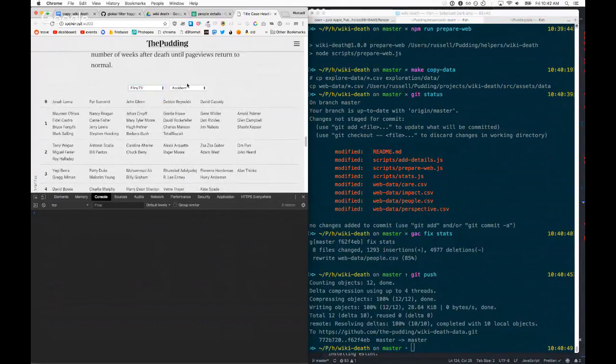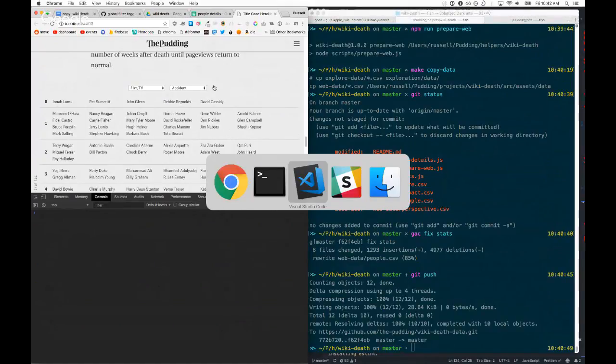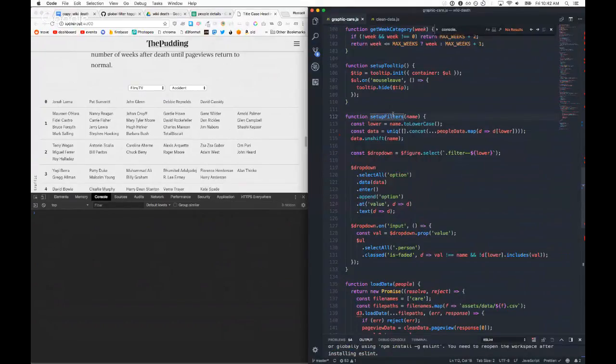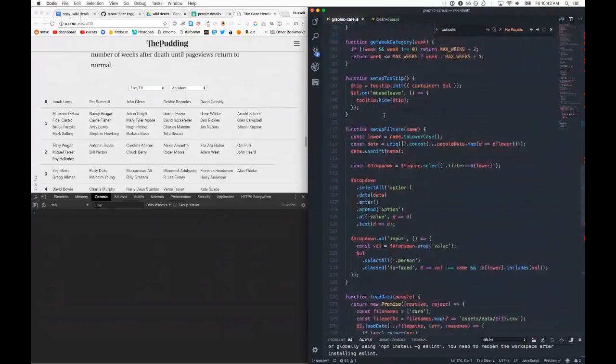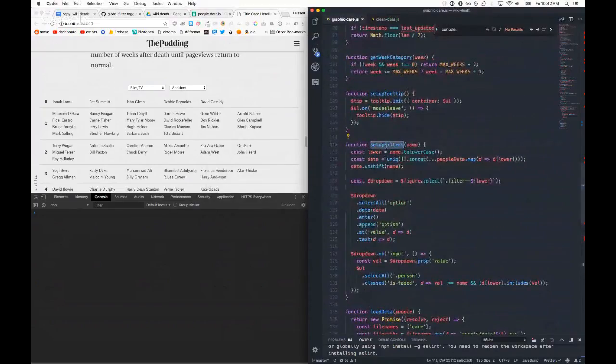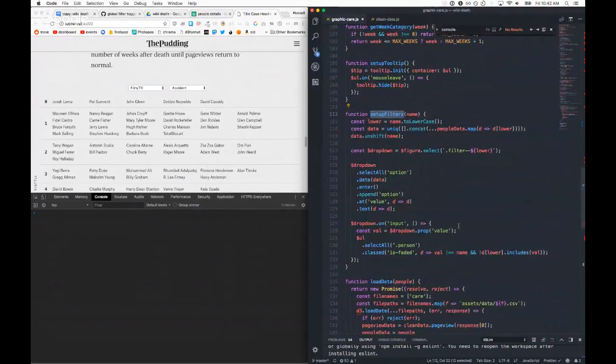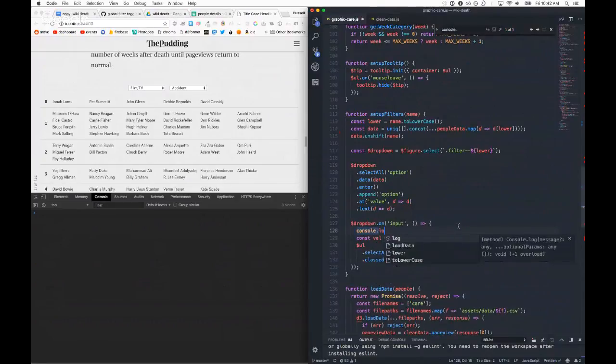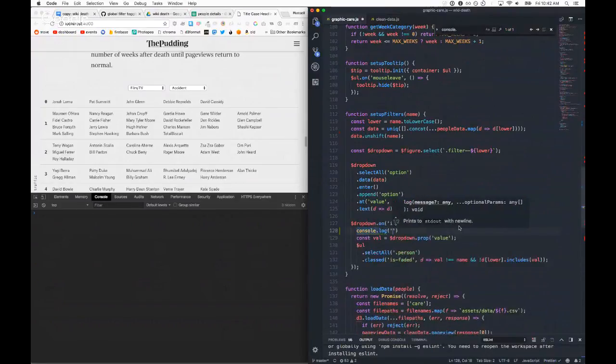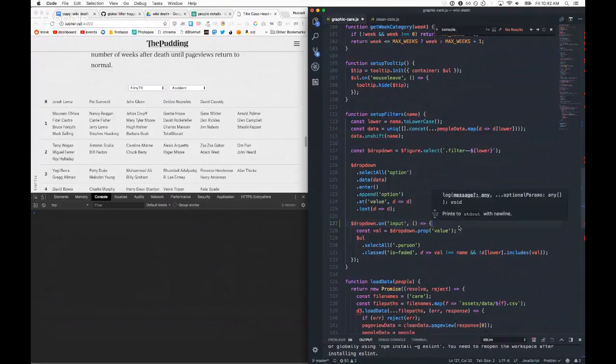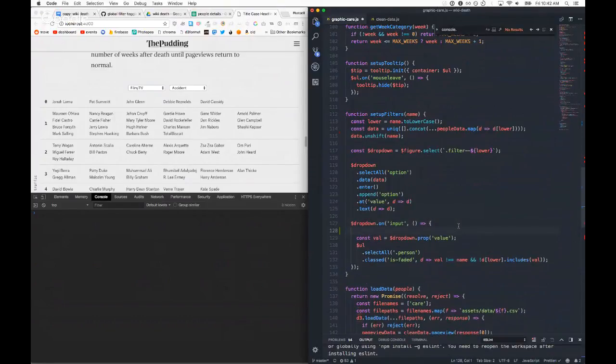It's almost like it's not even running. That's interesting. So let's see. I think I changed anything here.